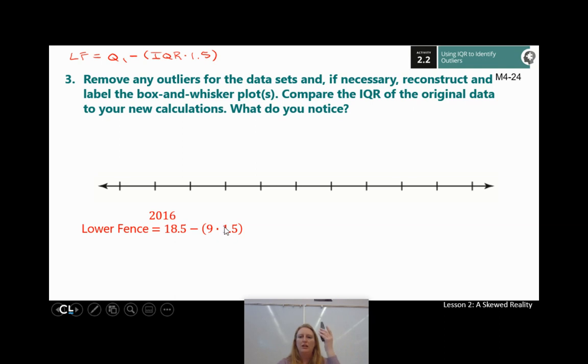I have a lovely calculator to help me out. 9 times 1.5, I got 13.5 here. So if I do 18.5 minus 13.5,